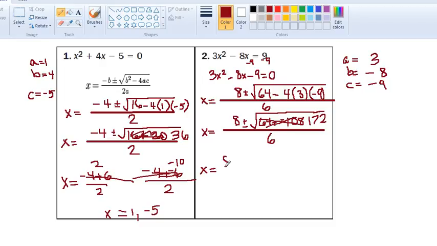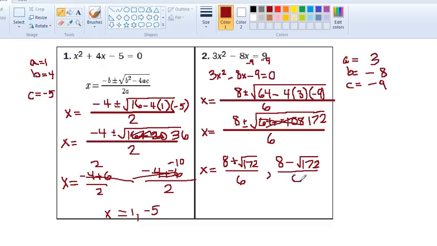We have 8 plus the square root of 172 over 6. But we also have 8 minus the square root of 172